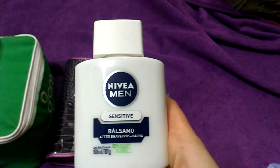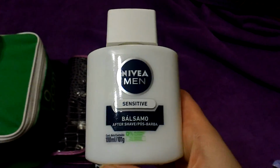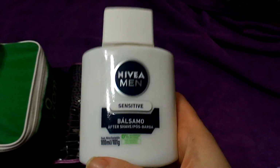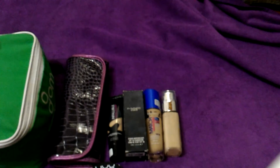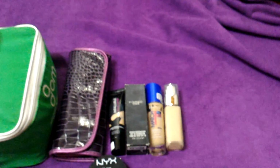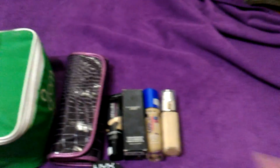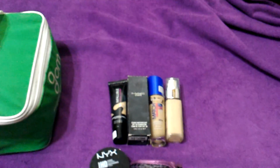And this one is the primer. Thank you to Nikki Tutorials. This is the only primer I could find at that moment. Now there are more primers in the market, and this one is the moisturizer. So I will focus. These are the brushes